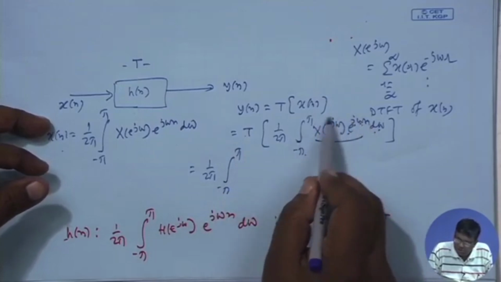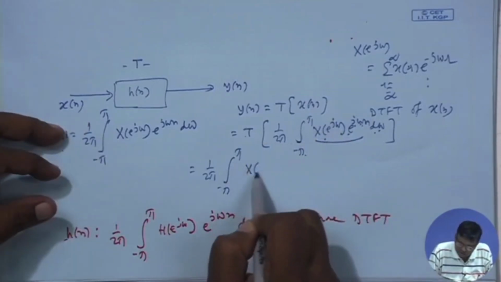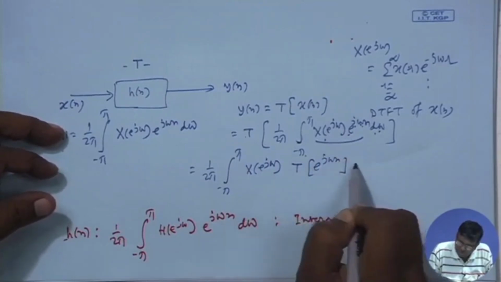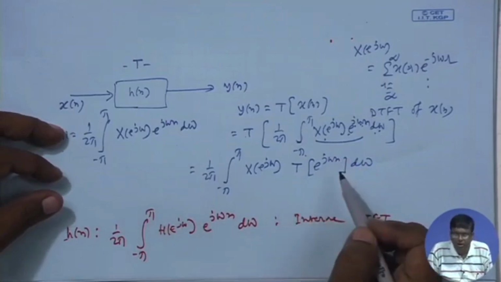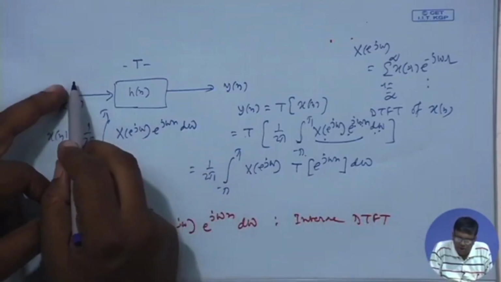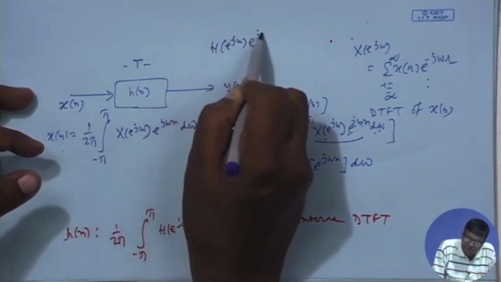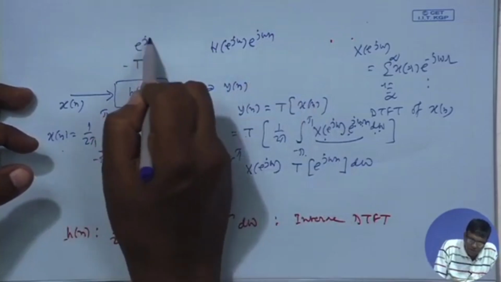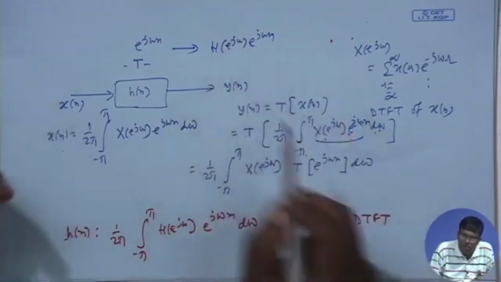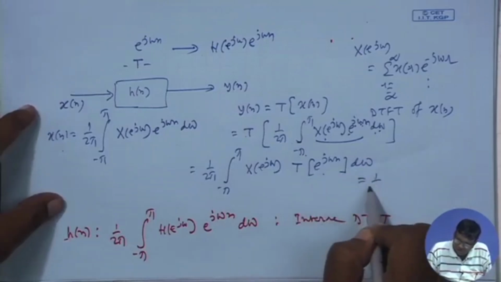T will work on this, but this part does not depend on n, this is like the constant C1, C2. So, it will be outside, T will work only on the sequence part. But e to the power j omega n is an eigen sequence. So, its output I know, we have worked out, if I give e to the power j omega n, output will be H of e to the power j omega into the same sequence. If I give e to the power j omega n as input, we have already worked it out, output will be of the same form multiplied by an eigen value which we named as the DTFT. So, this part will be same as